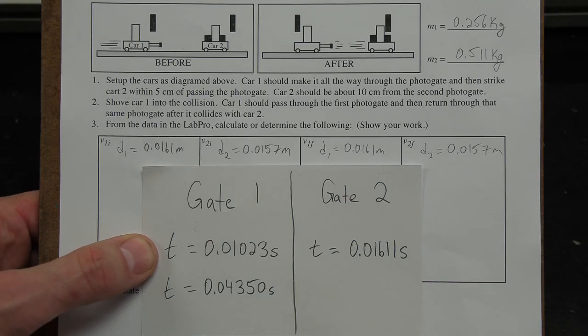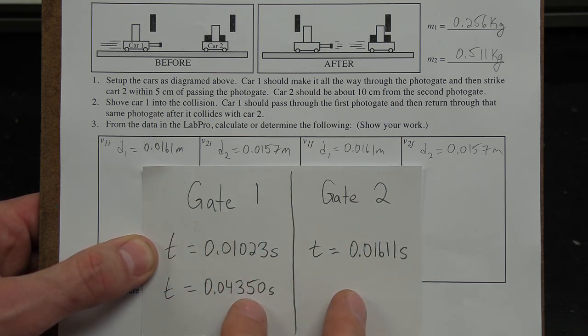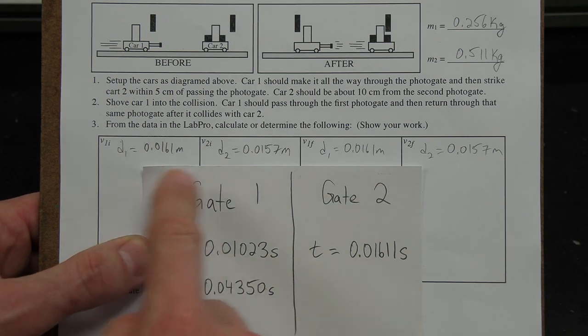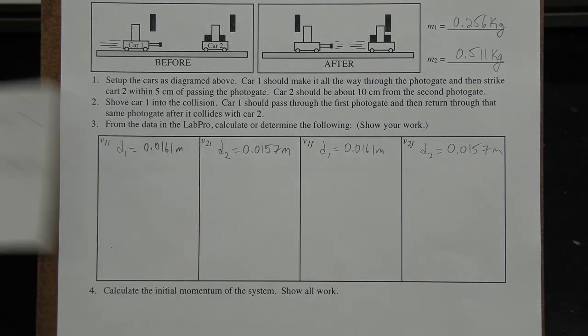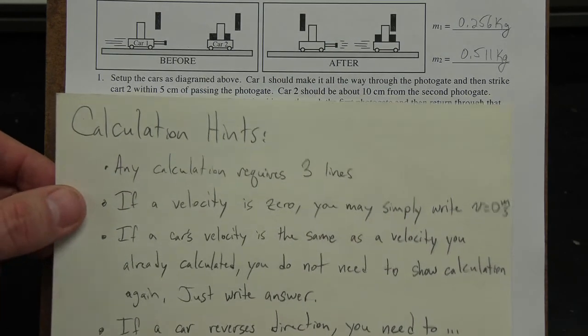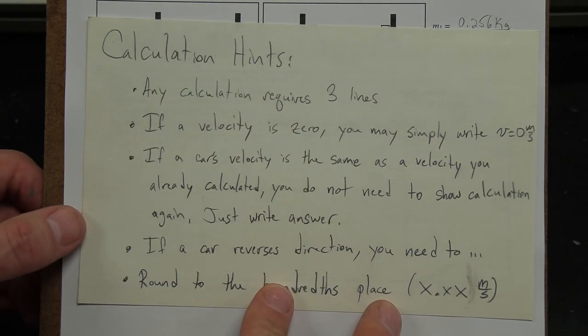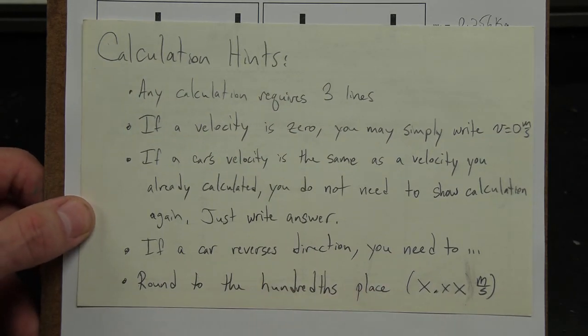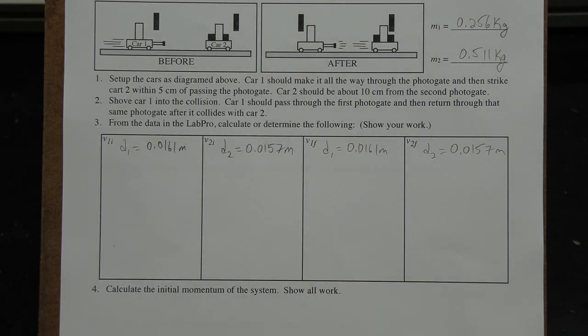So hopefully that helps you figure out how to take the 3 times you were assigned. Again, yours will be different. Take these 3 times and determine 4 velocities. Again, I'll put your hints here on the screen, and I'll create a pause to allow you to figure that out. Okay, so